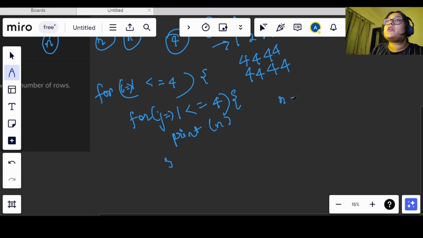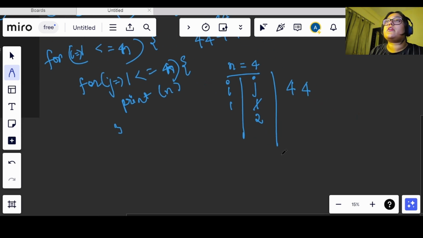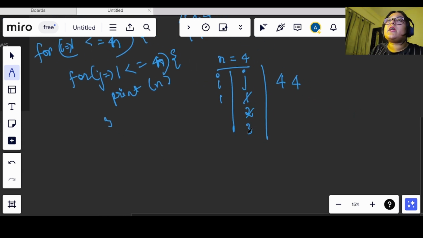Now let's say I am giving n is equals to 4. So this is also going till n, and this is also going till n. Now my i is equals to 1 and j is also equals to 1. So what will my output print? 4. Now again my j will get updated to 2, so I will print 4 again. Again my j will get updated to 3, and again I will be printing 4 here. And again it will go to 4 and we will be printing 4 here.